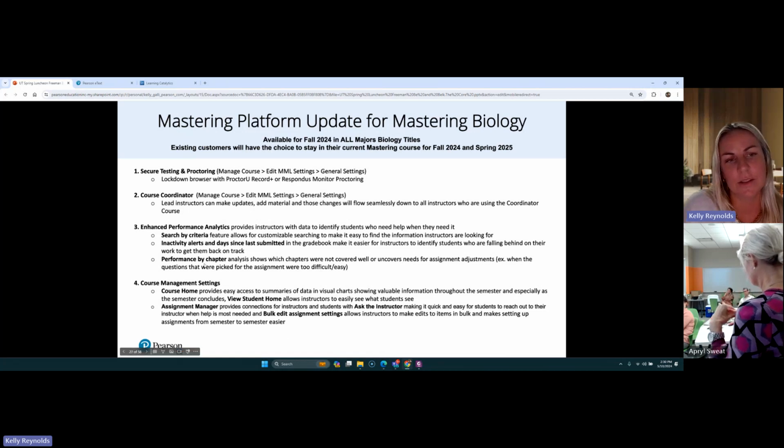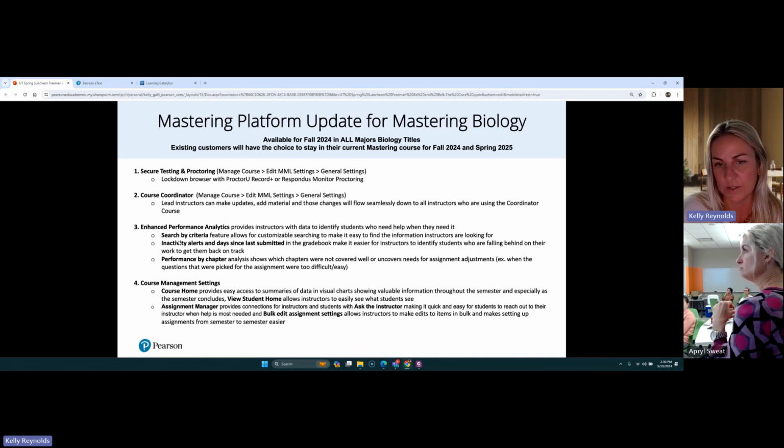But this one right here is enhanced performance analytics. This is probably what you guys are going to love, those of you that are using Mastering quite a bit. And for those of you that aren't, this is going to be a great reason to start. You can search and email by criteria. You can really easily search your gradebook to find students, and then email them right from the gradebook.